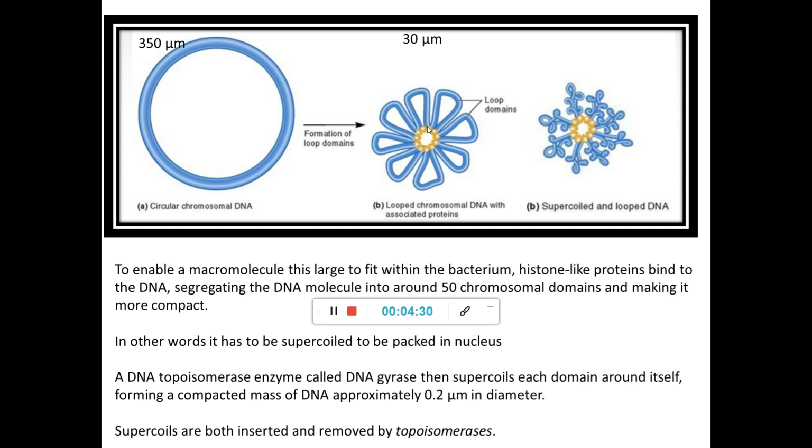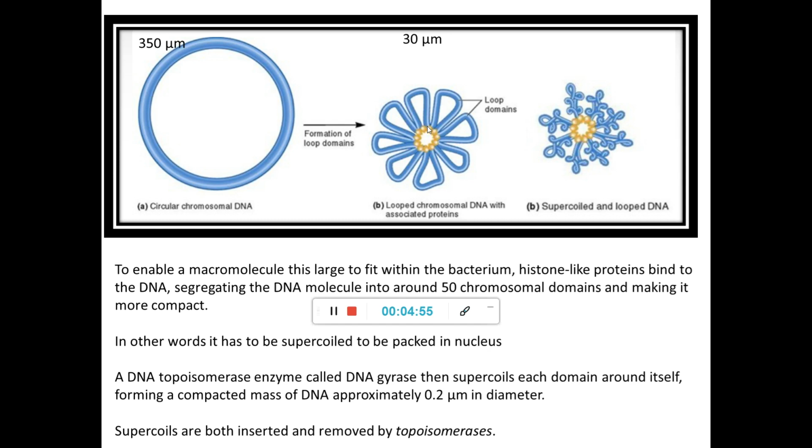And as a result, about 50 chromosomal domains will be formed within an E. coli. Sometimes that will vary. At the next stage, what happens? These loop domains will further undergo various supercoilings, and thereby the size will decrease again. You do remember, we have to fit it within the 0.2 micrometer size of